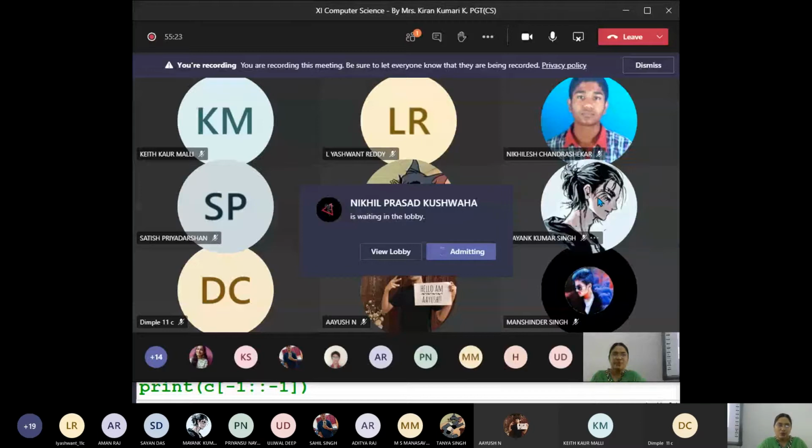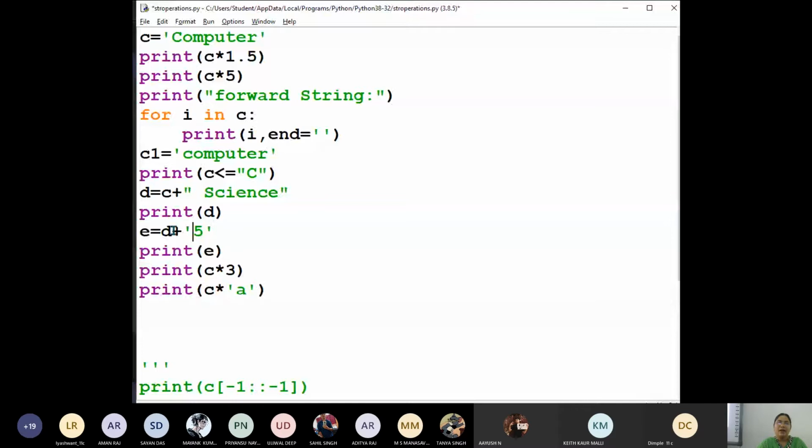So here, if you want to concatenate a string with another string, not with an integer. If you want to replicate, that is repeat the same string, use the multiplication symbol, and after that one integer. It must be an integer, then only it will replicate that many times. If you give it like this, it will generate an error. And if you give print C plus 5 or any number also, this will give an error.